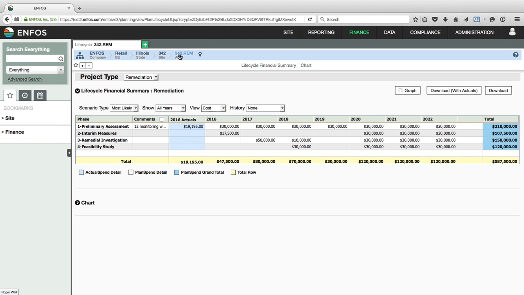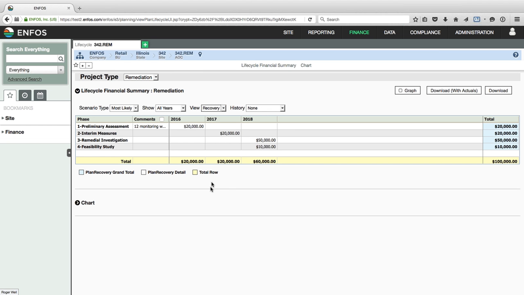If you have an area of concern or project where you know that you're going to be receiving some kind of incoming cash flow in the future, you can plan for it in the planning submodule. We're looking at an example project where I've already set this up. When I click on my view drop down, I have 3 options: cost, recovery, or net cost. The cost is the expected spend. In this example, we can see by phase of work what our expected spend is over the life of this project. If I click on the area for recovery,